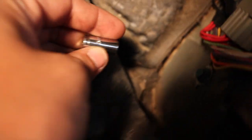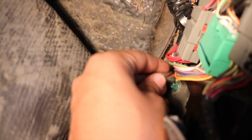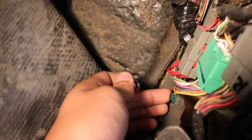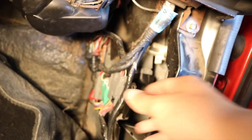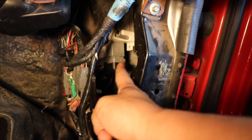All right, so then this last green one over here is gonna be a size 9. So then it should be able to fit, you see, right there. So I'm just gonna go ahead and take this one off. This right here is a little bracket with these wires. It's movable. So this is a PCM right here. We need to take out this black part. And if you guys can see right there,